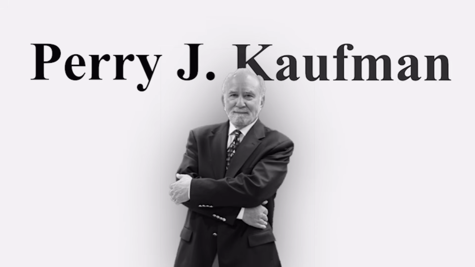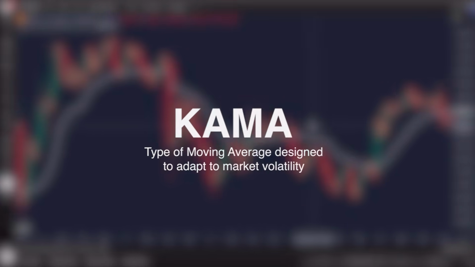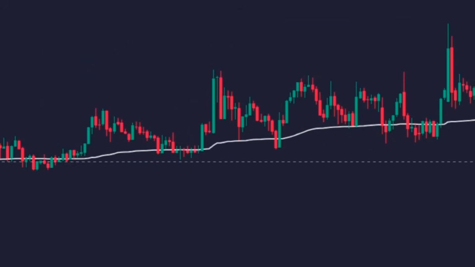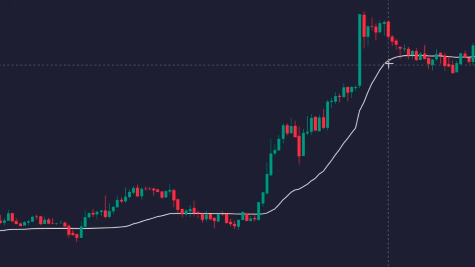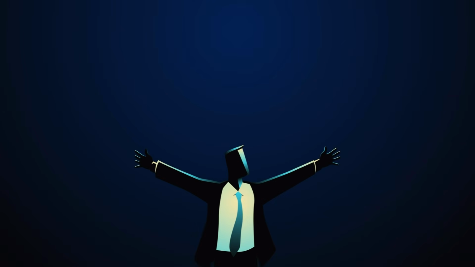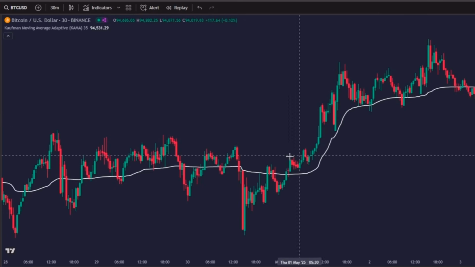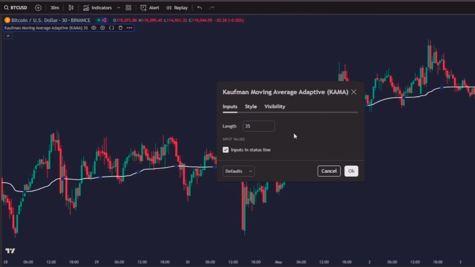Developed by Perry J. Kaufman, an algorithmic trading expert, it is a type of moving average designed to adapt to market volatility. It slows down during consolidation periods and speeds up when trends accelerate, which makes it great for noisy pairs like crypto or forex. Here's a chart using a length of 35, which gave me the best results in the